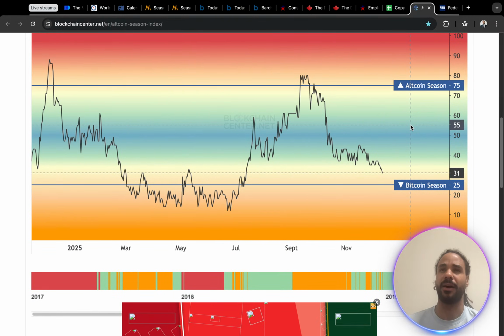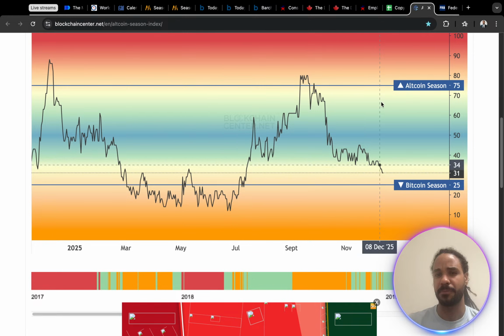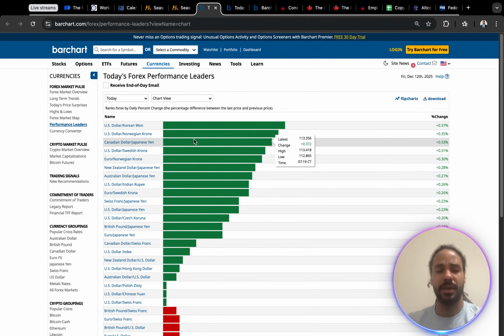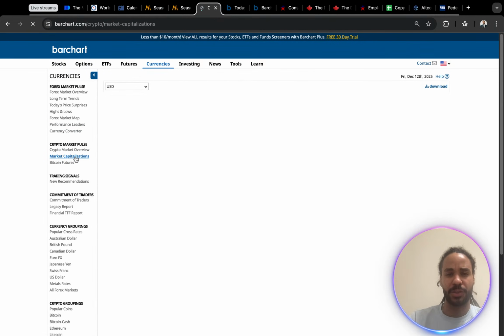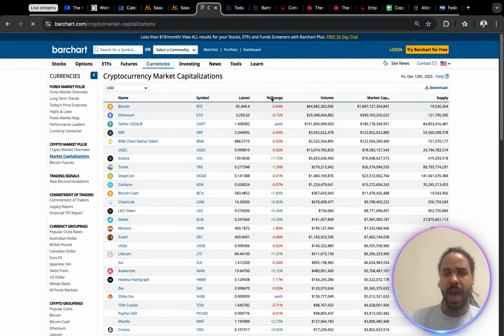You need to keep your eyes very close on what happens across all these baskets, all these asset classes. What's going on? We have 31%. If you look at the top performers and market capitalizations, you want to ask yourself, what is the latest price in Bitcoin? Because we understand now that Bitcoin actually moves quite a lot. When we see a decrease in Bitcoin, a lot of assets are affected. And this is very logical because we have money being transferred.